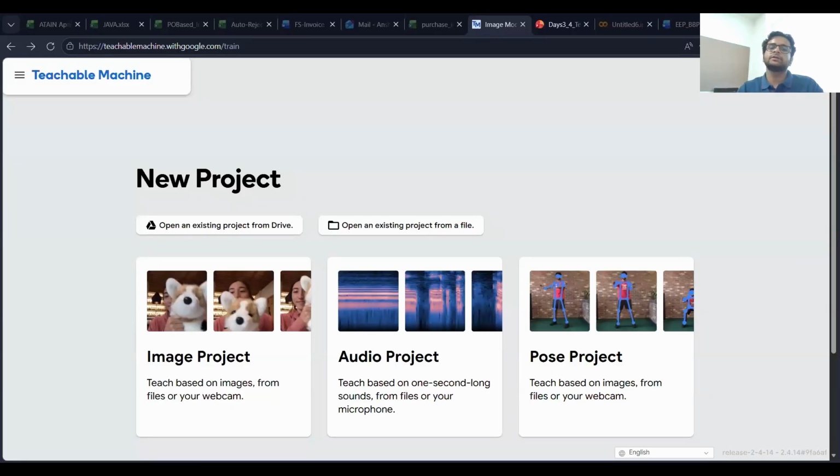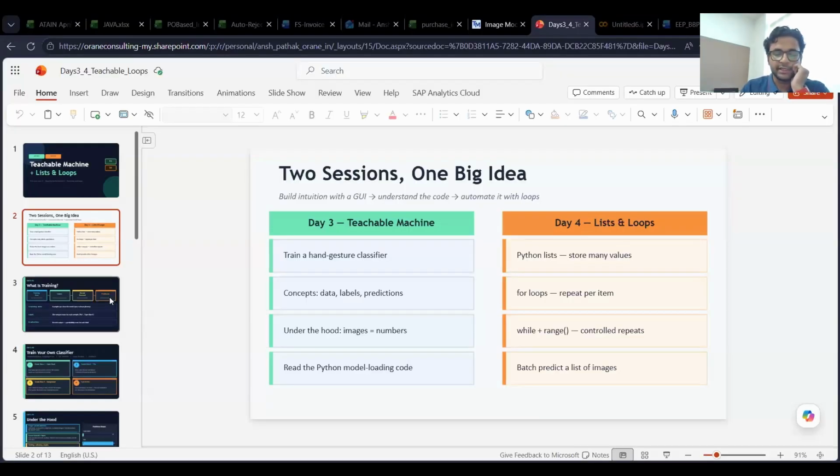Just post sometimes. Okay. So until the link is shared, can any one of you tell me what is training the AI model? A brief discussion about training the AI model. What is training? And then we'll move forward. Anyone? Raise your hand.